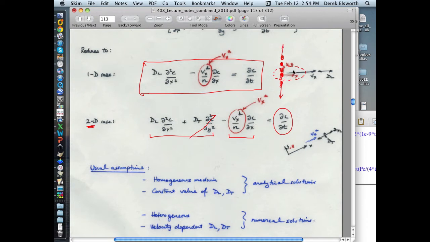If you have a little packet of stuff being carried downstream here, it's trying to diffuse laterally, but of course it's trying to do it against the packet of stuff that's arrived from this other source, so there's some symmetry to it, and the profile would look identical as you go in the y direction. And so you only have a one-dimensional problem, and you get rid of this particular term,